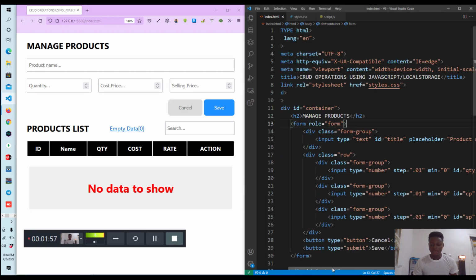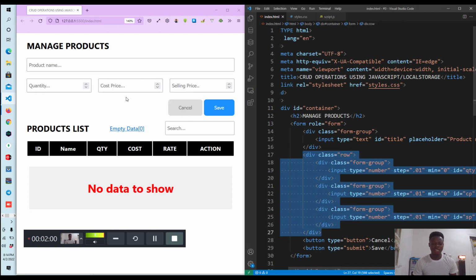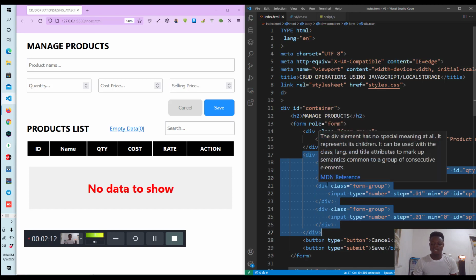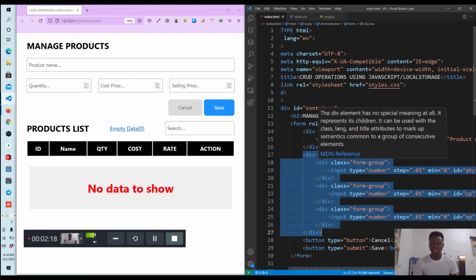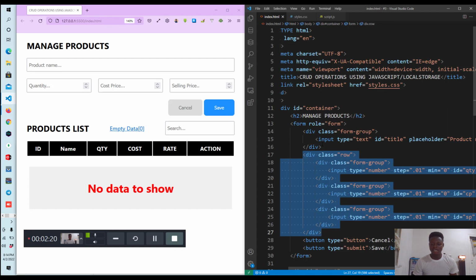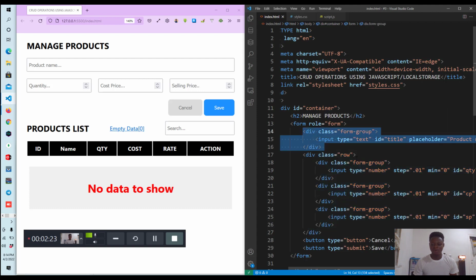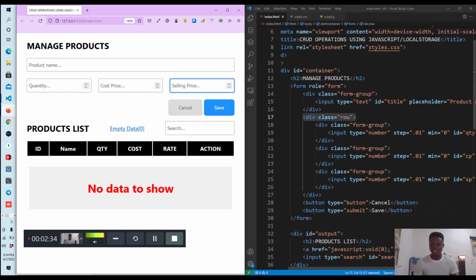Okay, so we've just aligned these three controls, that's the quantity, price and selling price, horizontally. So they have also been embodied in a class, a row class. Is that okay? That just breaks the line from the form element. What I mean by it breaks the line is, instead of it flowing down this way, after the product name we introduce another container, that's a nested container, to hold these three controls, and that's giving us this horizontal alignment. Then beneath them we have the form buttons, that's the submit and